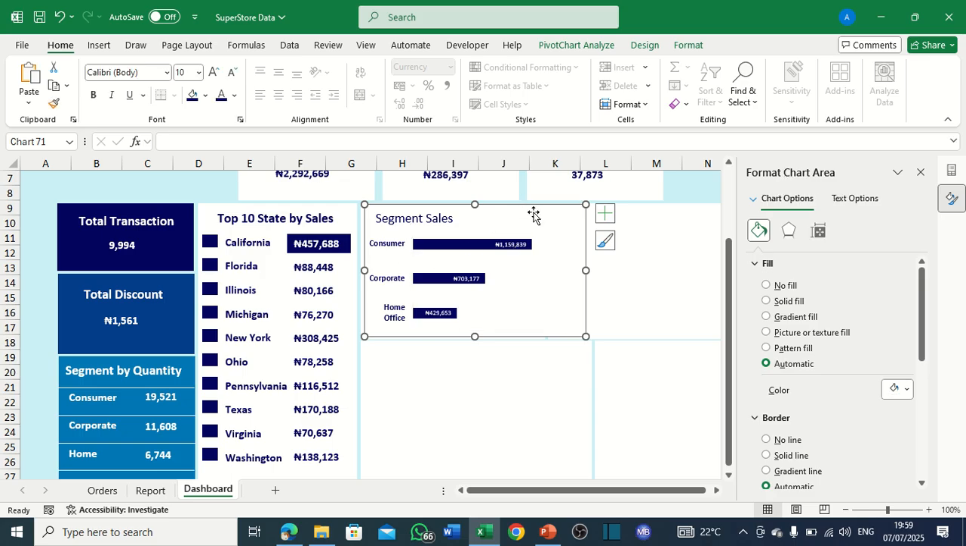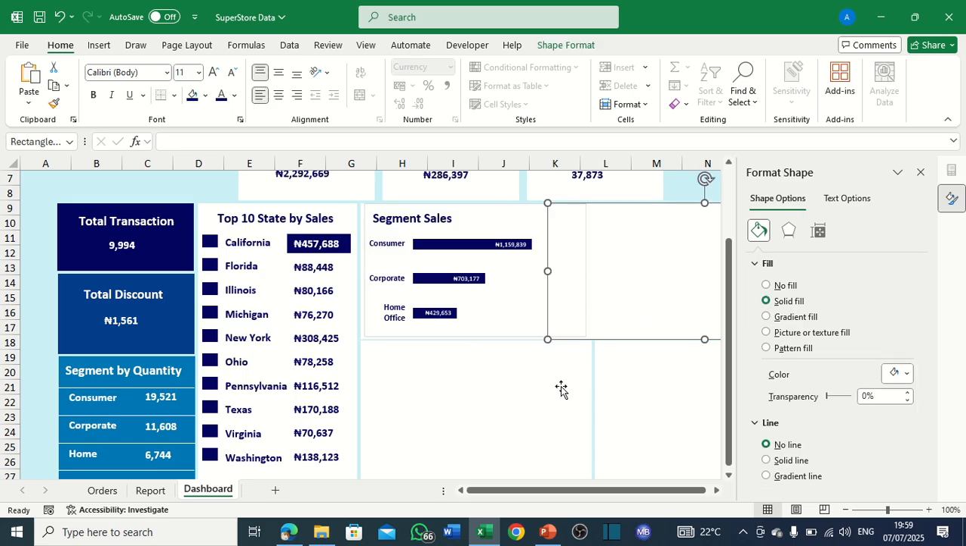This is the segment by sales. So you can shift this to the left. You can just adjust it smaller. I think that's fine. You can bold it as segment sales. You can bold these too as well. I think that's fine. So the next thing I would like to report on is